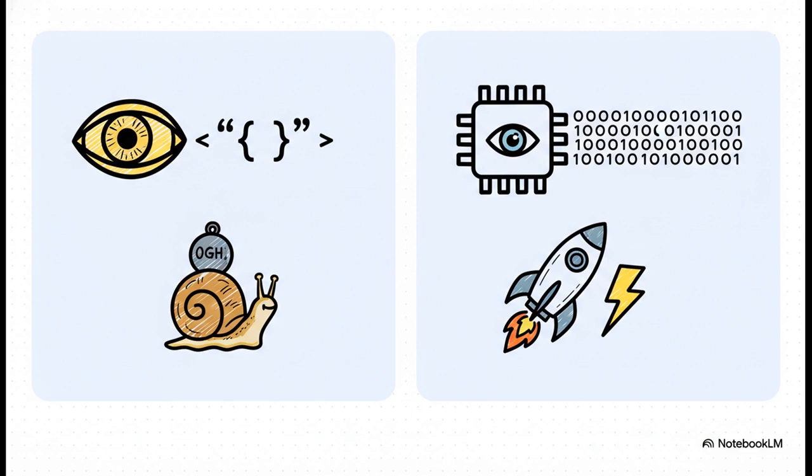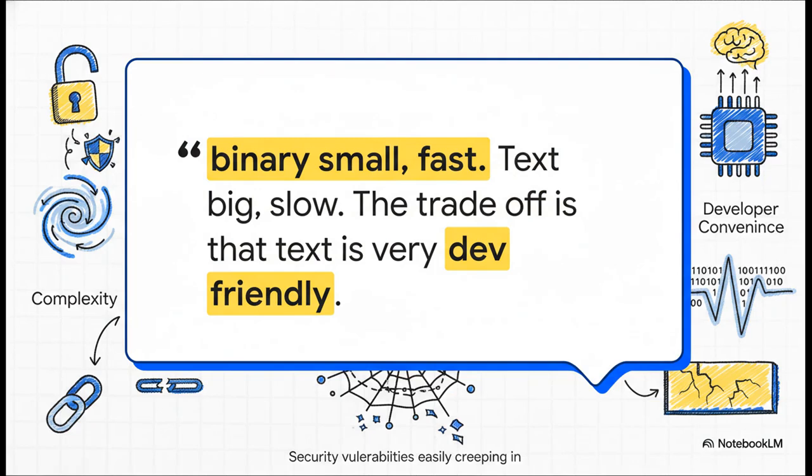On the other side, you have binary formats. For a machine, these are a dream. They're super efficient, compact, and lightning fast. The catch? For a human, it just looks like a wall of nonsense. Honestly, this one comment from a developer on Reddit just sums up the whole thing perfectly. It's this constant trade-off, a tug of war between what's fast for the machine and what's easy for the developer. And it's right there, in the complexity of that choice, that security flaws love to hide.